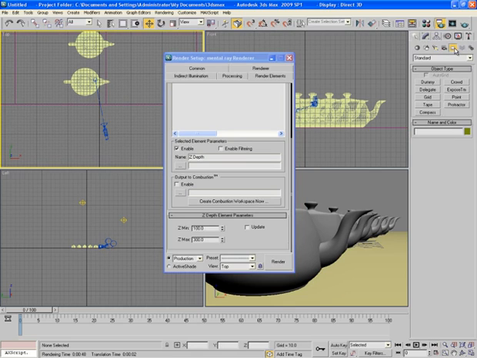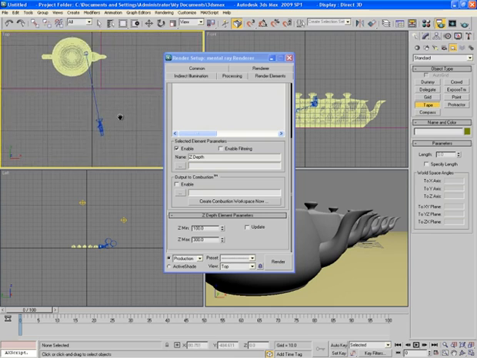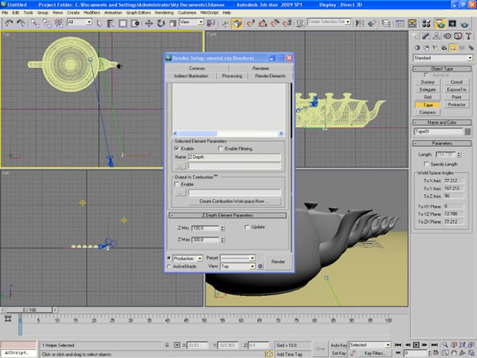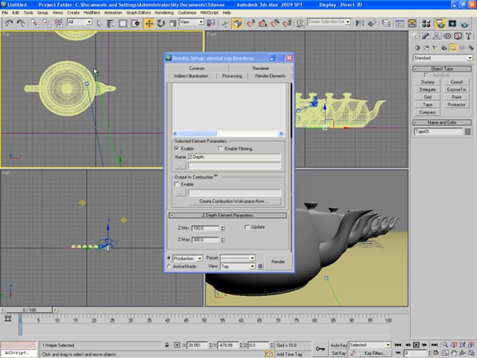So go to helper and choose tape. This is the camera, so start from here and drag it till here. So this is the minimum value because I want this teapot to be in focus.